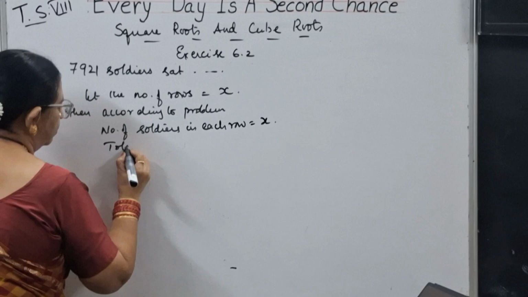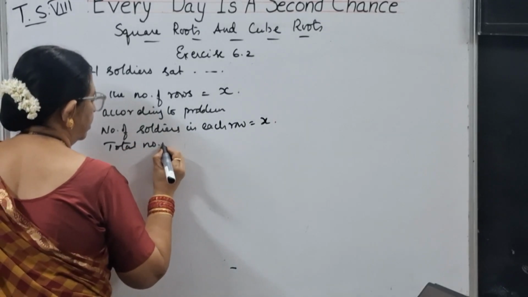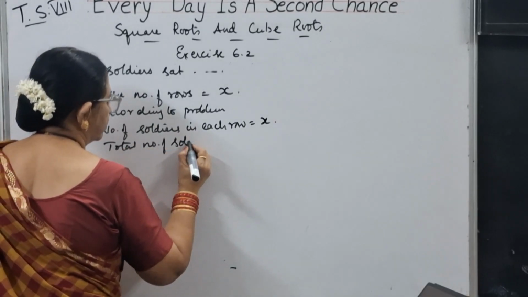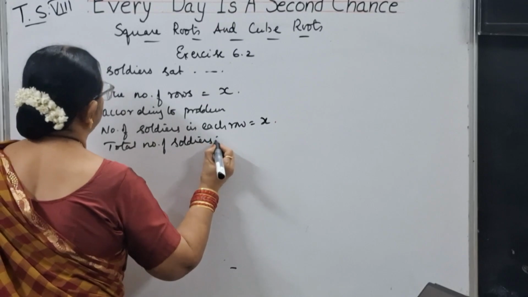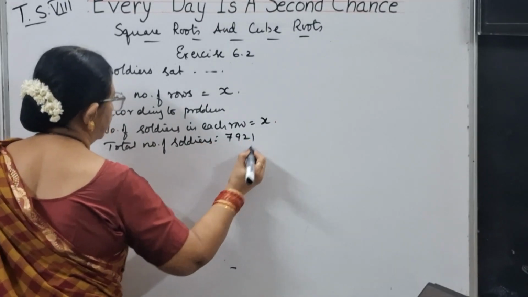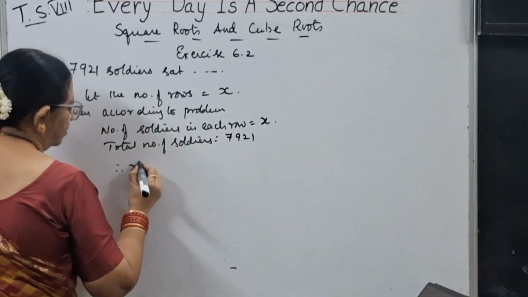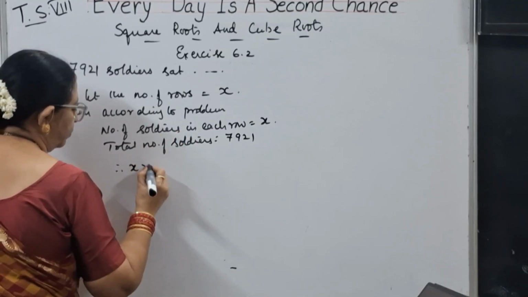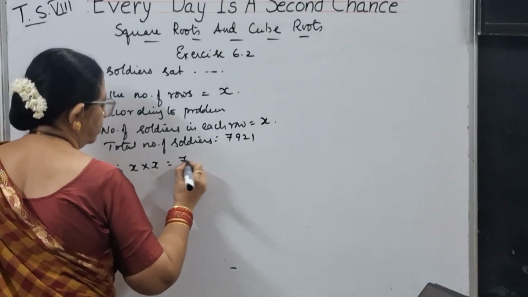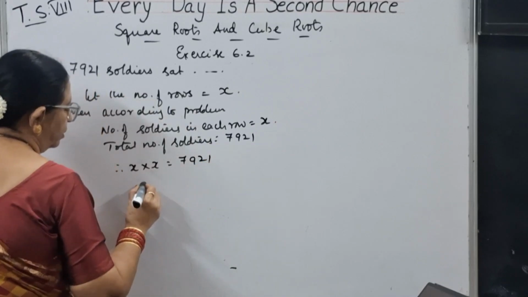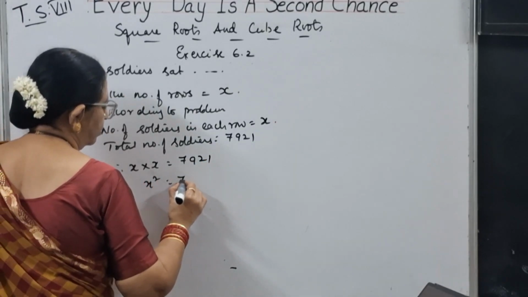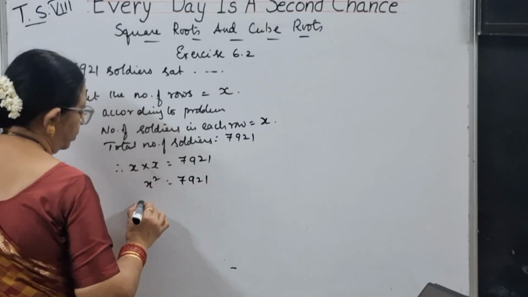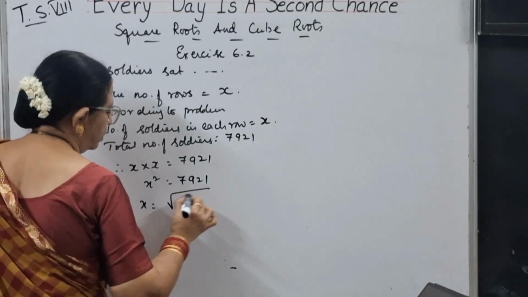And what did they give? Total number of soldiers. How many have they given? 7921. That means what? First let me write total number of soldiers. If you write x into x is equal to 7921. That means x square is equal to 7921. So x is what? Root of